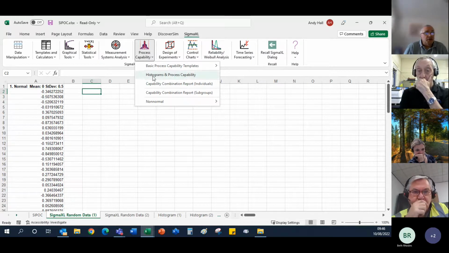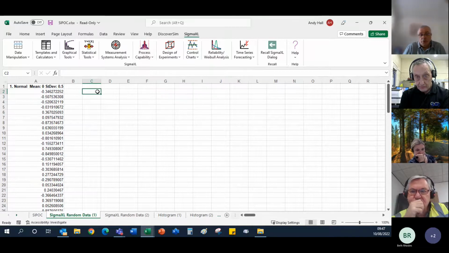You'll see that you get the same option again. So you can do histogram with process capability. However, to do that, you need a set of spec limits. So with capability, you need at least one